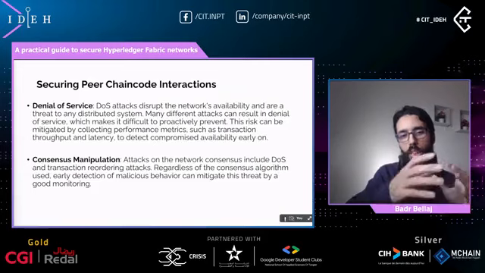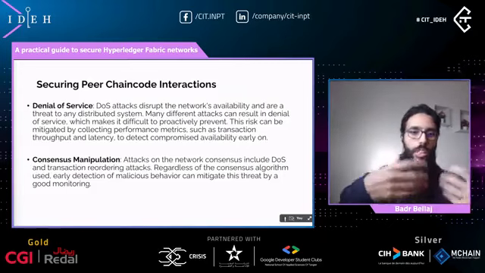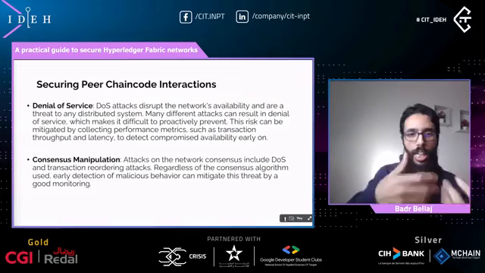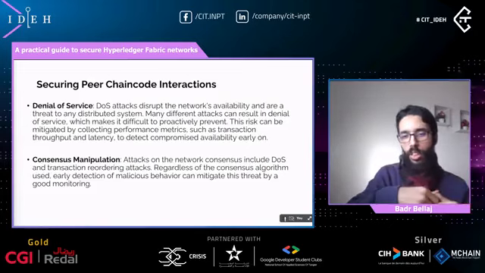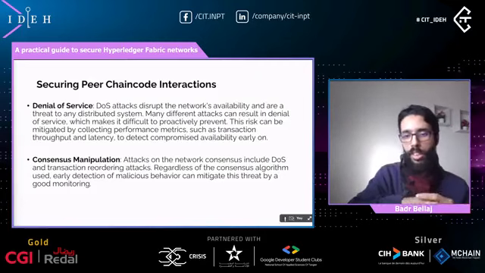We also need to keep in mind, and this is very important, that Hyperledger Fabric uses only a crash fault tolerant consensus mechanism, which is not a Byzantine fault tolerant system. This means that if there is some malicious entity in the network, it can harm the consensus mechanism, and thus the system will not work as expected.